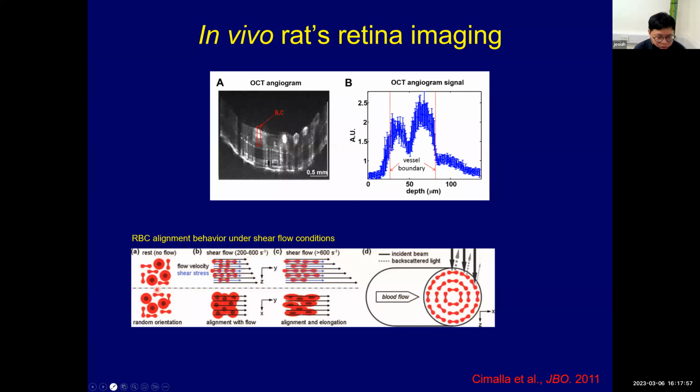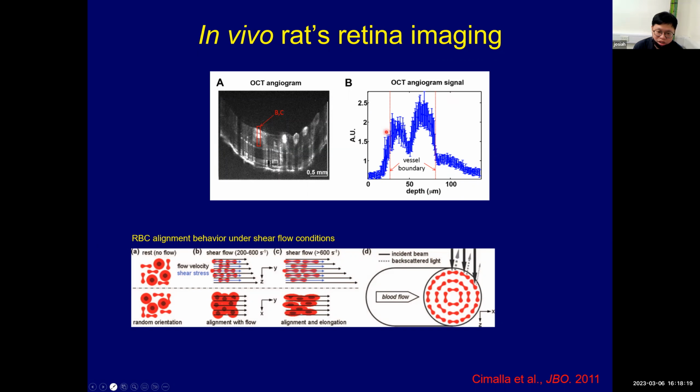You can see that it is also reflected in the OCT signal, because when the blood is flowing at high speed it creates a shear stress or something like that. So the blood will align themselves, and it is also reflected in the